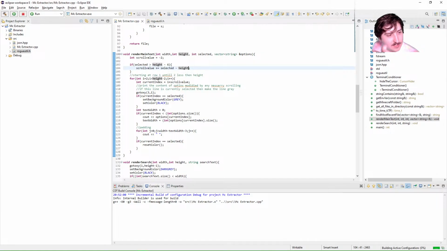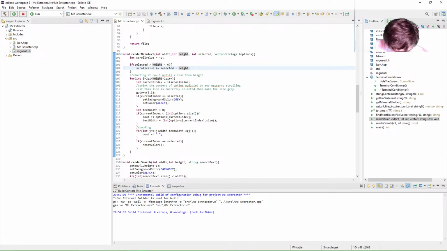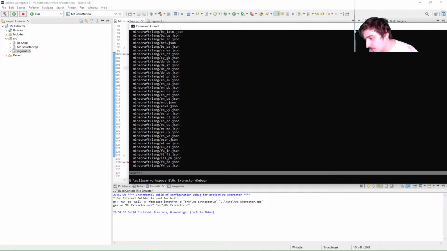Because it starts at 0, goes all the way down to the bottom, which is something like, you know, height say 40. It's minus like 4, so that'd be like 36. And we need to, so once minus, yeah, it should just be, oh, well, we'll just try subtracting height